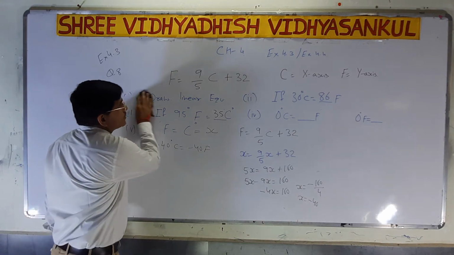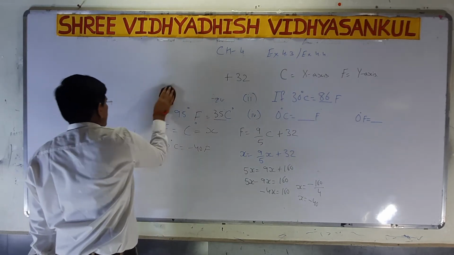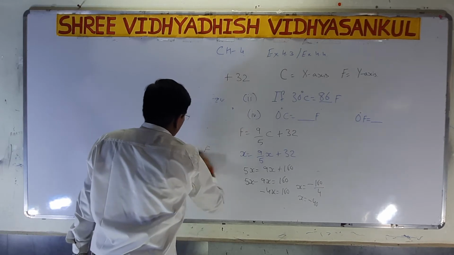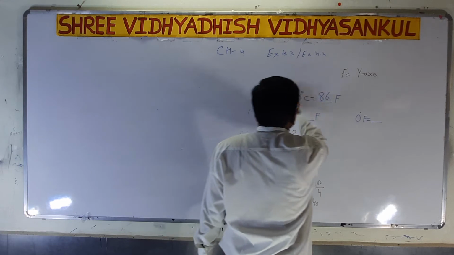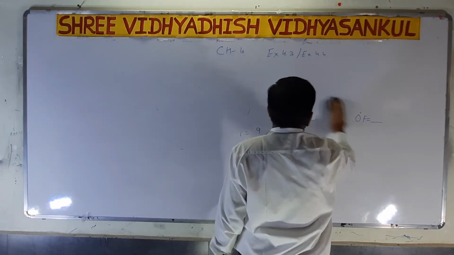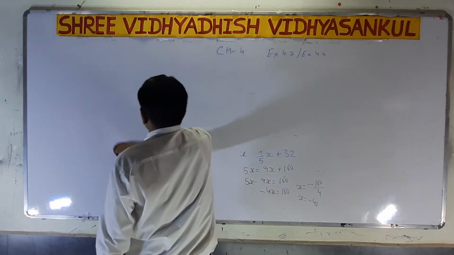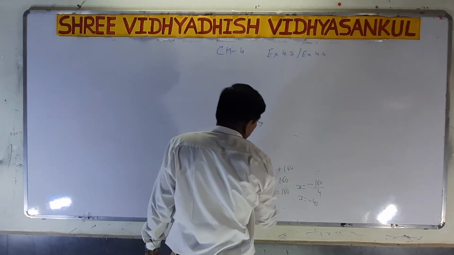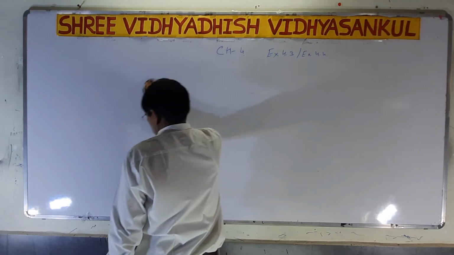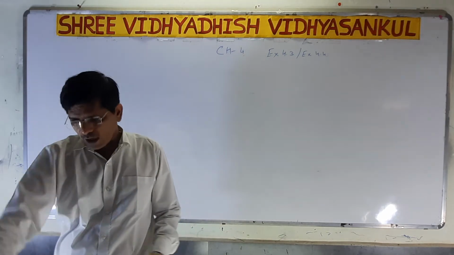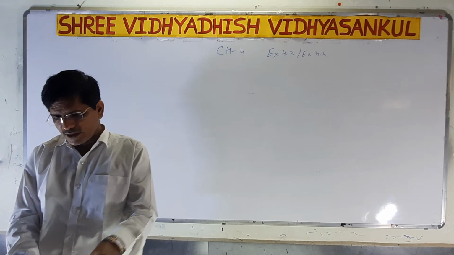Now we want to start exercise 4.4 question number 1. In 4.4 question number 1 already we have discussed in graph, but here we have to convert into one variable and also in two variable. So when one variable is there and we have to convert into a graph, then how we can do that? That is important. So we can discuss it today. So now exercise 4.4 we are discussing question number 1.